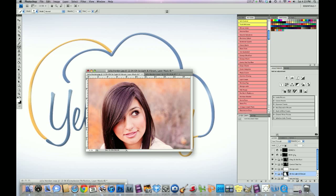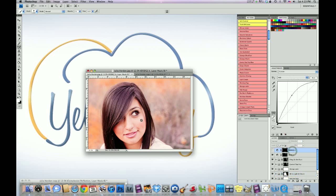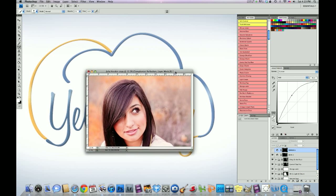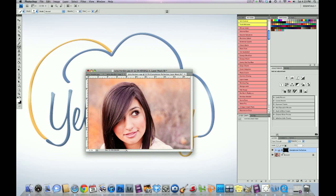Okay. Now, the next step, once we flatten this image, we're going to run an action called Complexion Perfection. The reason why you want to flatten the image before you run Complexion Perfection is because it shouldn't be run with other actions. It's a lone ranger when it comes to actions. It needs to be run by itself. So once we've run this action,